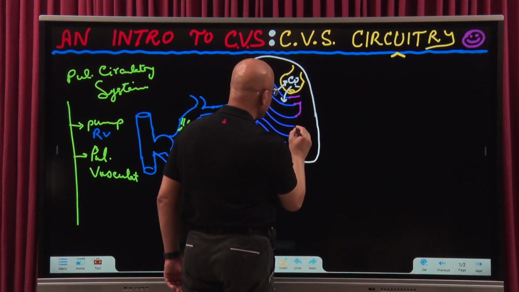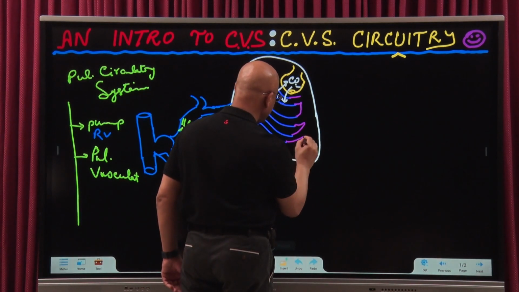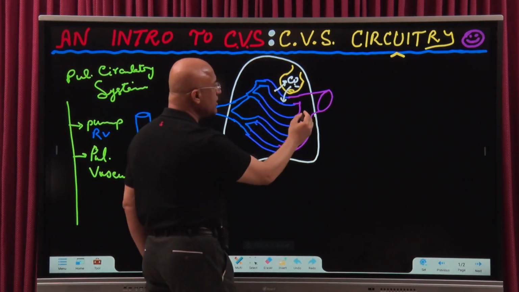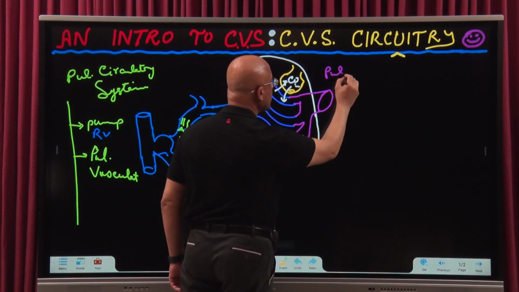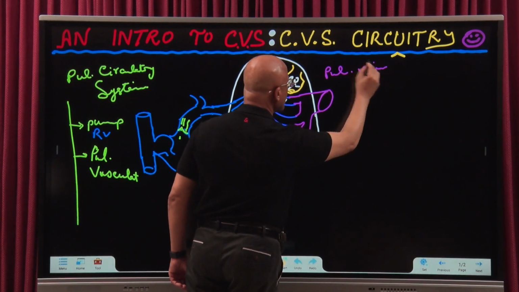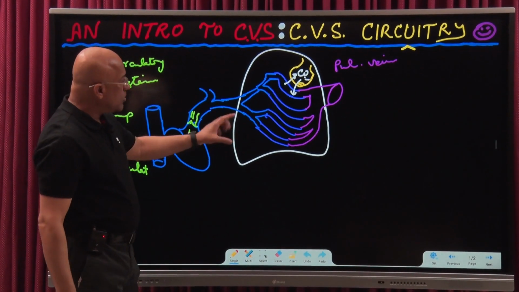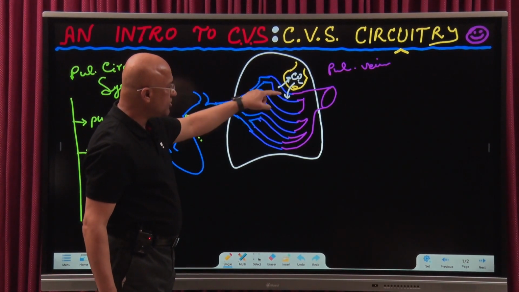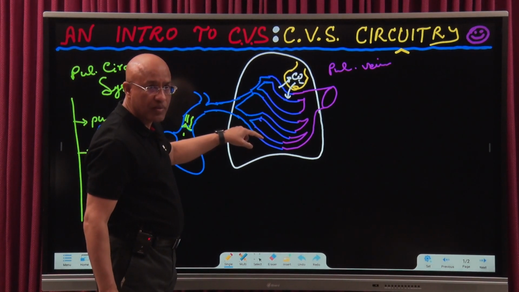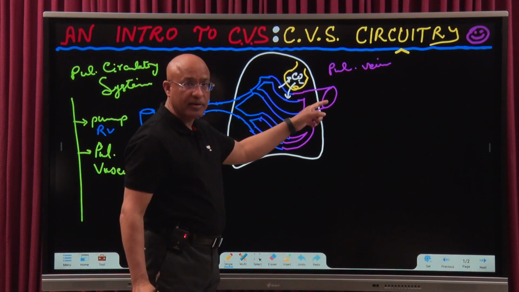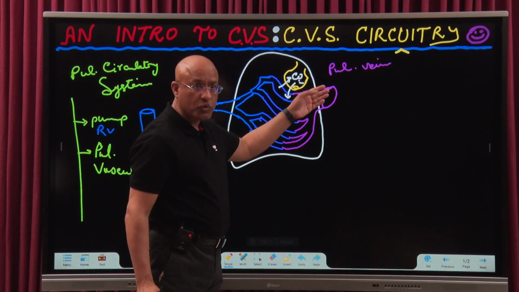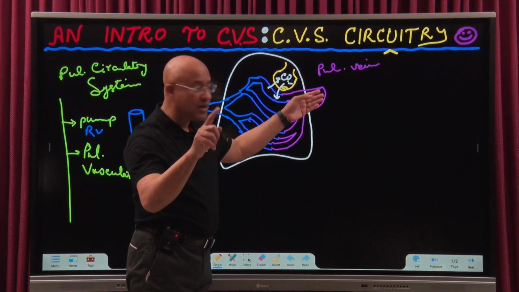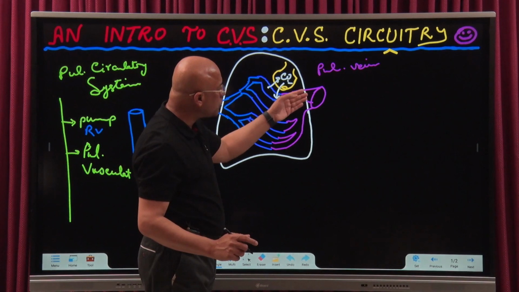These capillaries will unite together, and they will make, what is this? Pulmonary vein. Right. Now, what has happened really? In the pulmonary capillary system, gas exchange occurred, and now more oxygenated blood is moving through the pulmonary venous system, right. And when blood is moving through the pulmonary venous system,